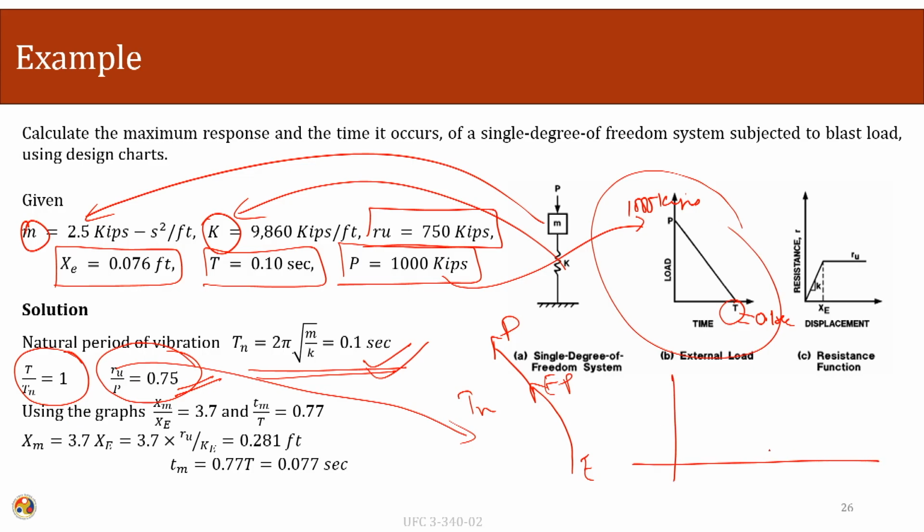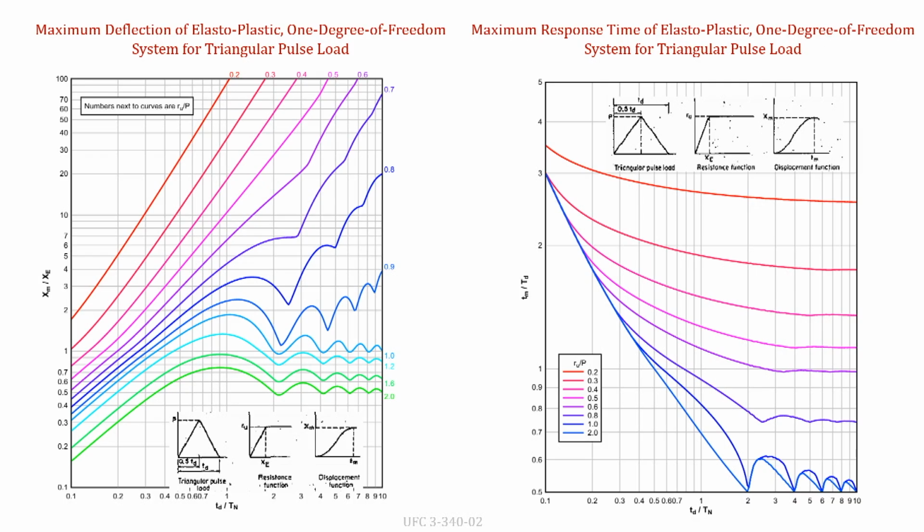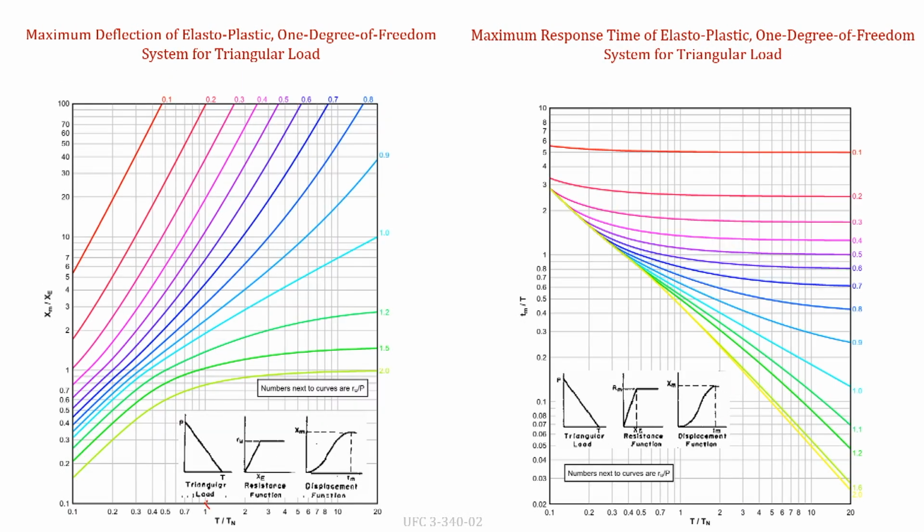The numerator quantity will be 1. The curve that we need to look at is the 0.75 curve. So, the ratio of Ru over P will be the 0.75 curve, and the x axis value that we are looking into will be 1. So, let us find out that curve. The quantity is 1 out here, for a triangular loading, and we are looking into the 0.75 curve. It is between 0.7 and 0.8. So, 0.75 is not given, so we will go from here, between 0.7 and 0.8.